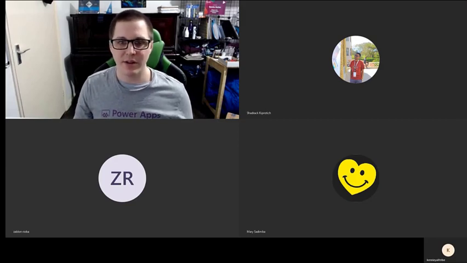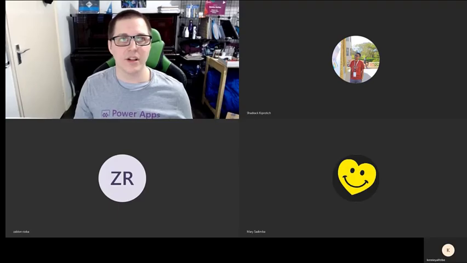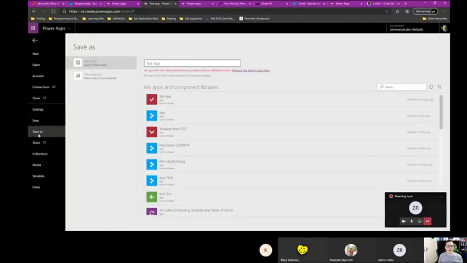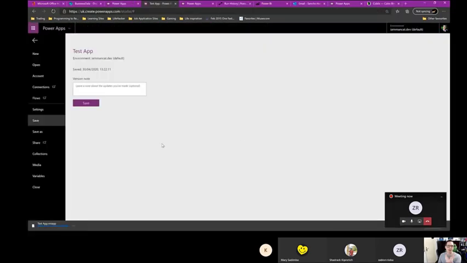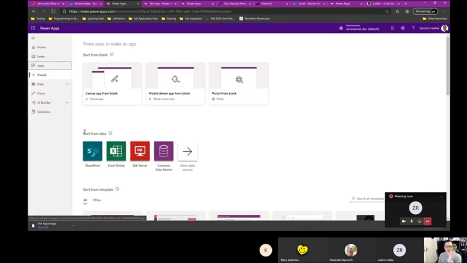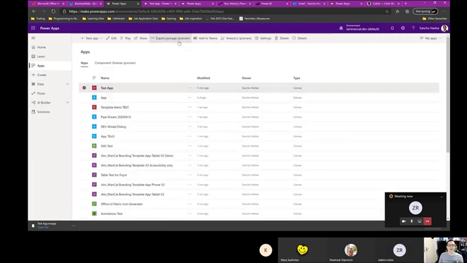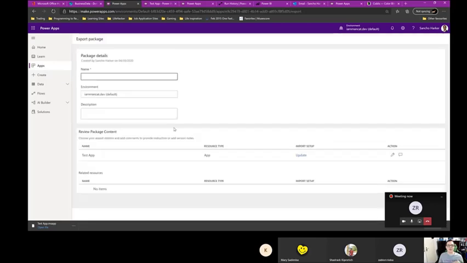And what you can do, let me go back to sharing. When you hit save as here, you can save it locally. So you can actually download the actual app file and then send that across to the company that you're developing for. Or alternatively, you can actually export the whole solution. So if you create, for example, an app that's tied to a flow, if I go to my list of apps here and select one of these, I can actually export the package, and it will find everything that's attached to that and export it as a single item that they can then import